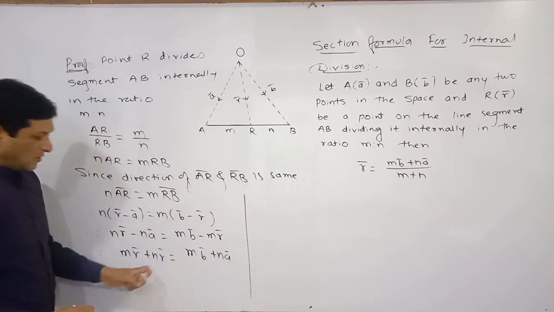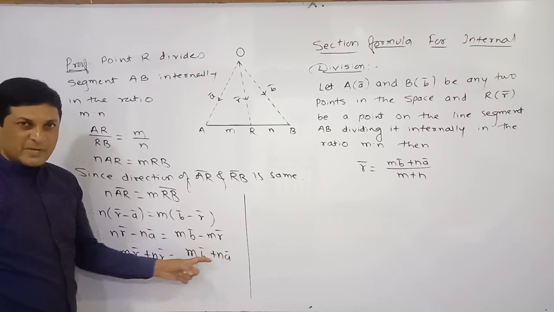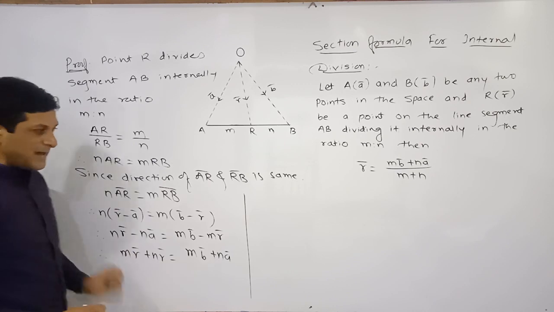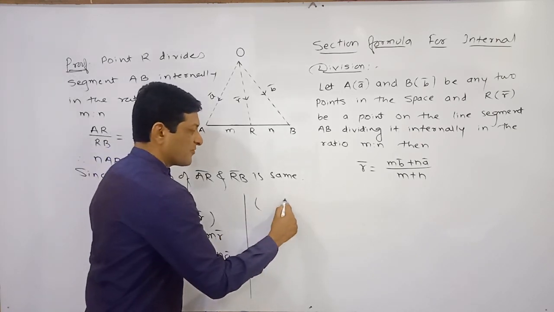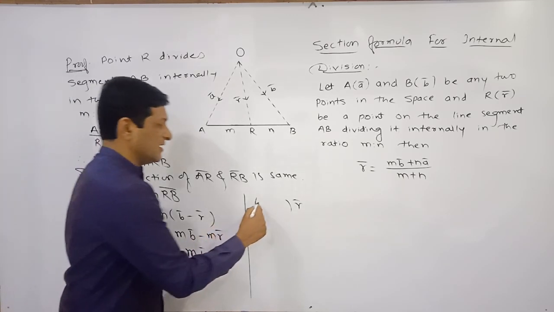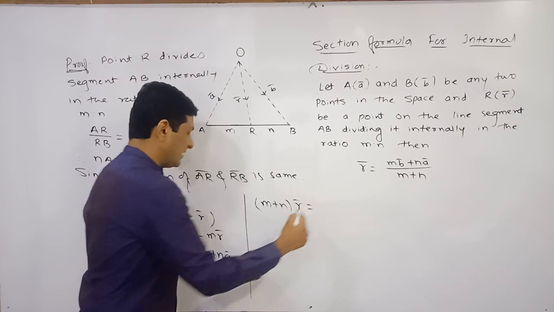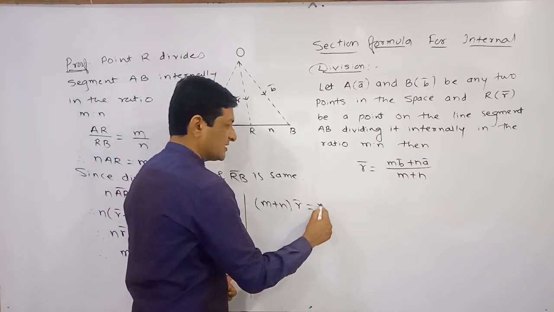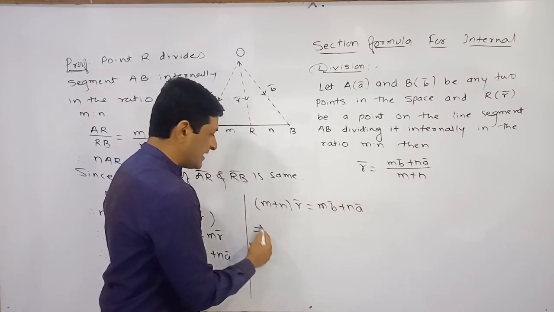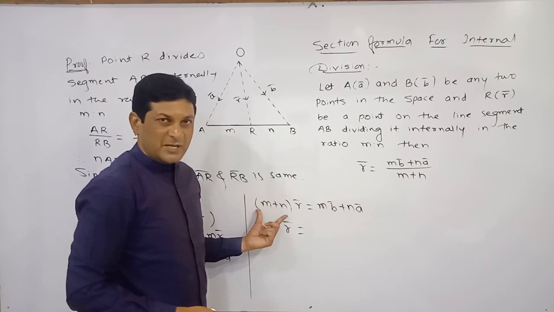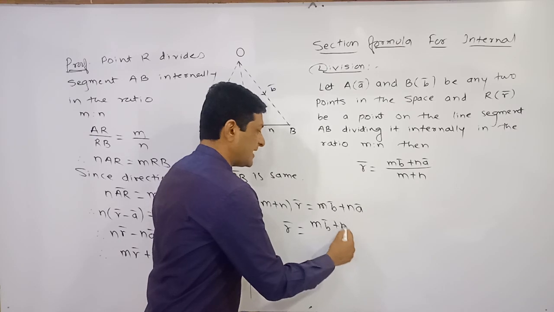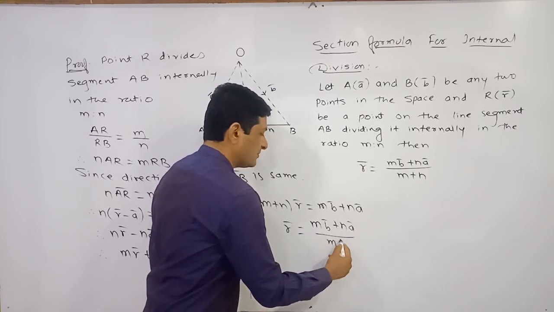So therefore, on one side we have got the terms of R bar, and on the other side we have got the terms of A bar and B bar. From both the terms, can I take R bar common? If we take R bar common from both the terms, here its coefficient is m and here its coefficient is n, so we will get m plus n. Keep the right hand side as it is. What is the right hand side? mB bar plus nA bar, keep it as it is. So this implies that R bar will be equal to, this term is multiplied on this side, on the other side it will get divided. So here we will get mB bar plus nA bar upon m plus n.